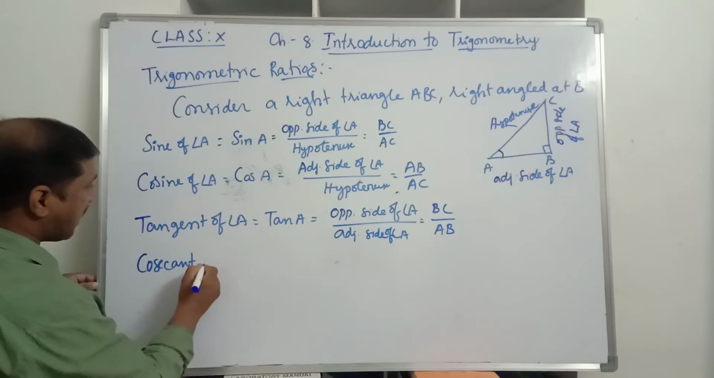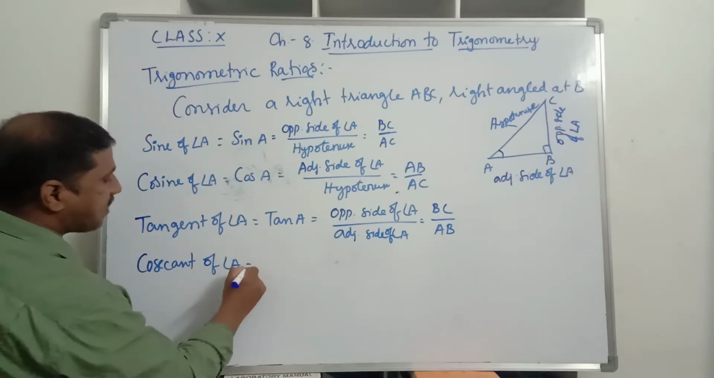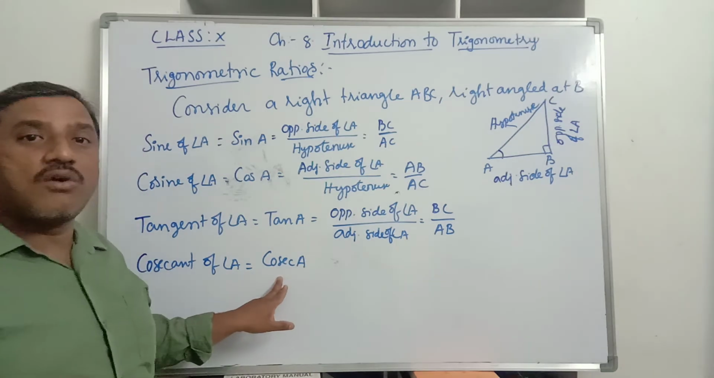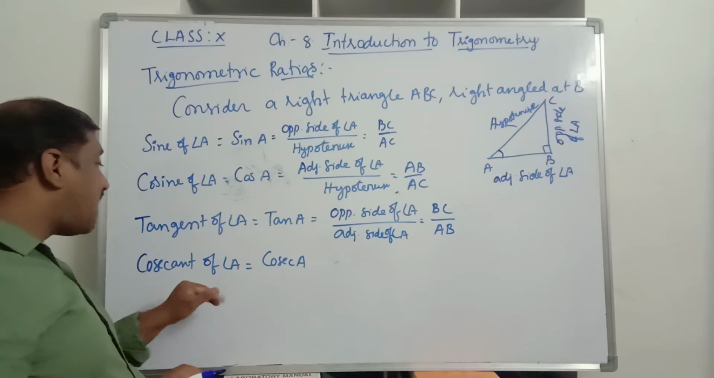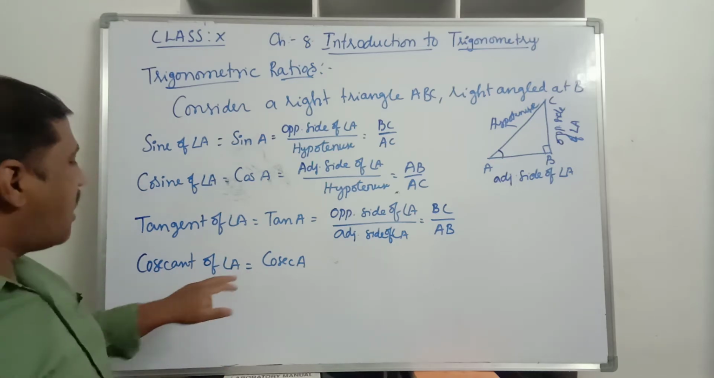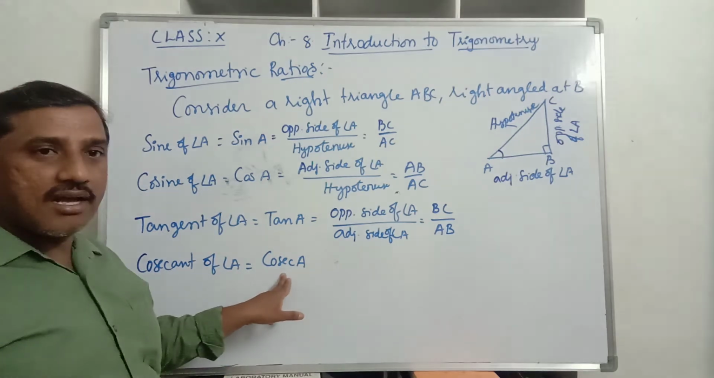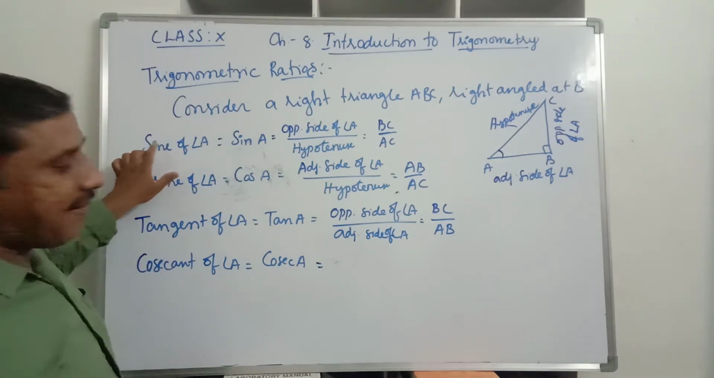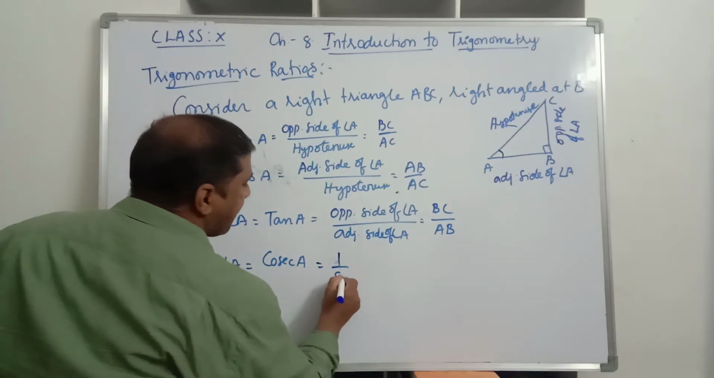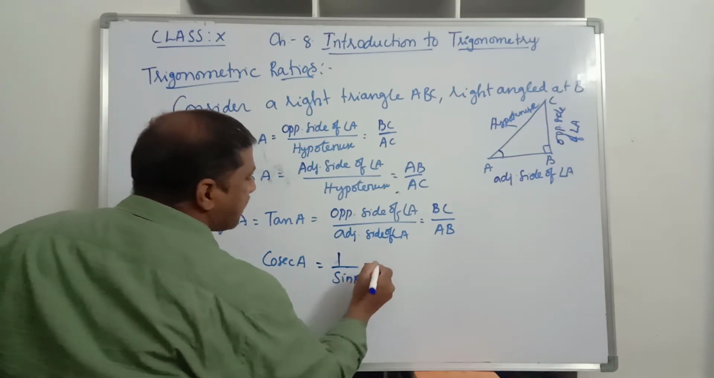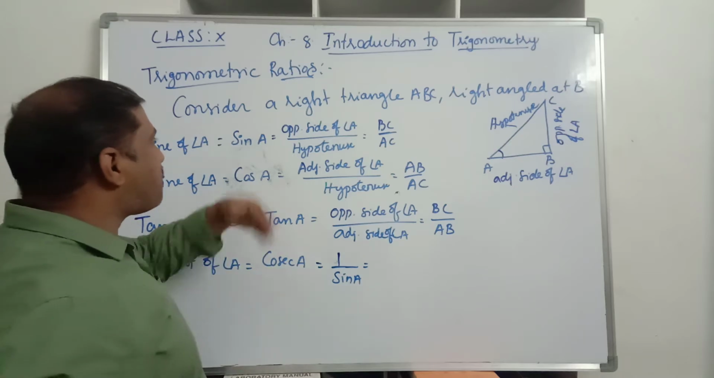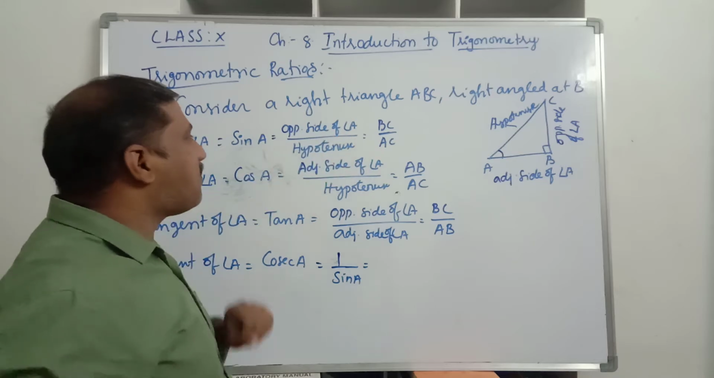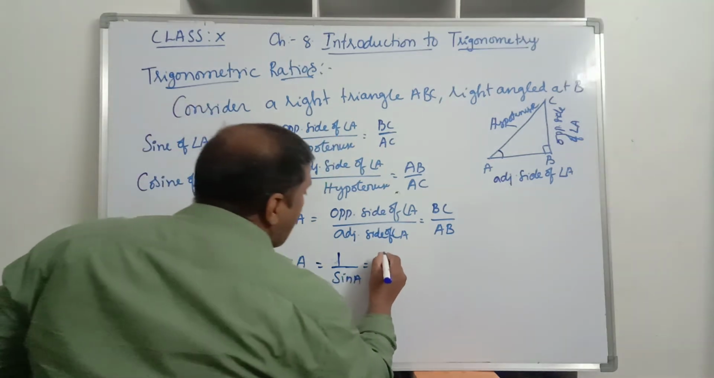Cosecant ratio, that is cosecant of angle A, is also written as cosec A. Cosec A is the short form and cosecant of angle A is the full form. Cosecant of angle A is the reciprocal of sine A. Therefore, we write it as 1 by sine A. Reciprocal of sine A means the reciprocal of opposite side of angle A divided by hypotenuse, which is hypotenuse